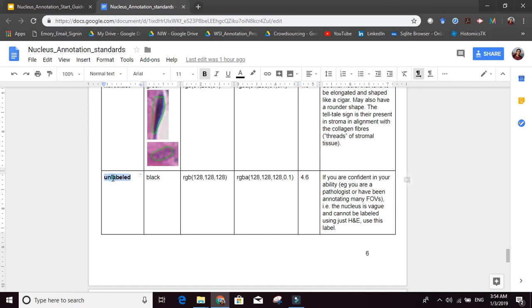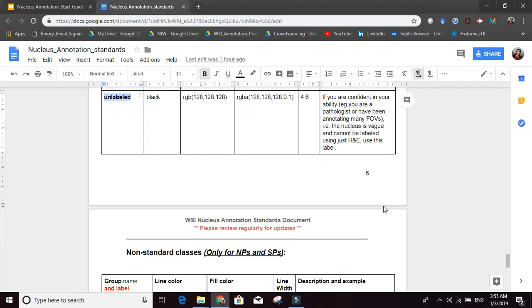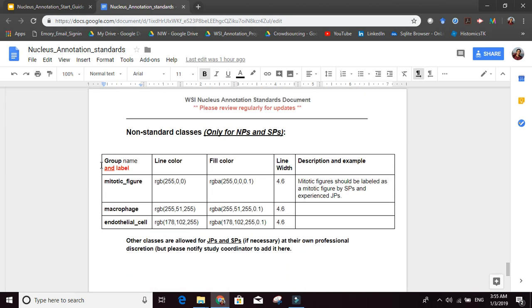Like the label itself is called unlabeled. Don't leave it without adding anything. Add the label called unlabeled. Does that make sense? Copy the word unlabeled itself in the annotation style. There are non-standard classes for the junior pathologists and the senior pathologists, like mitotic figures, macrophages, or endothelial cells.